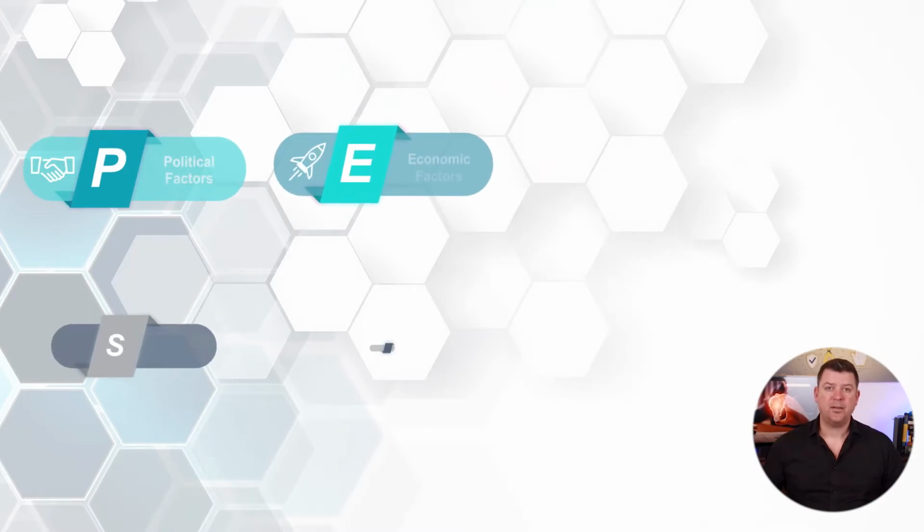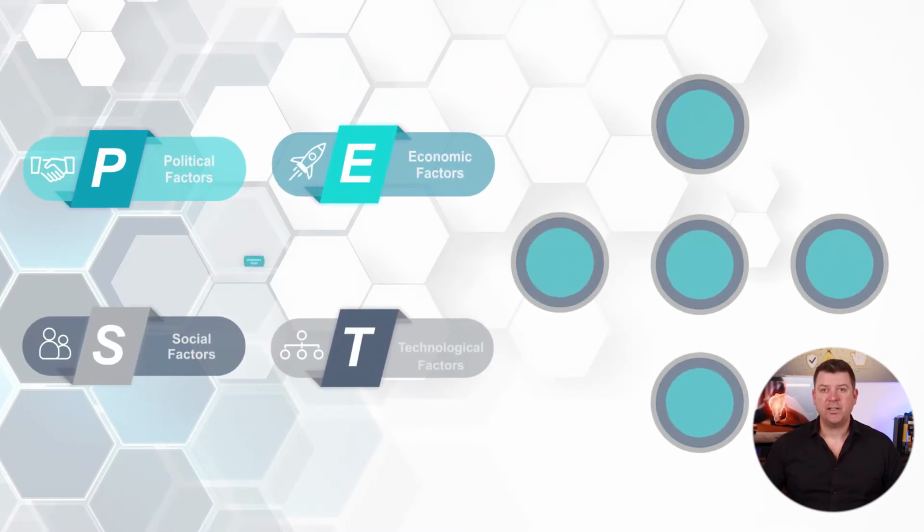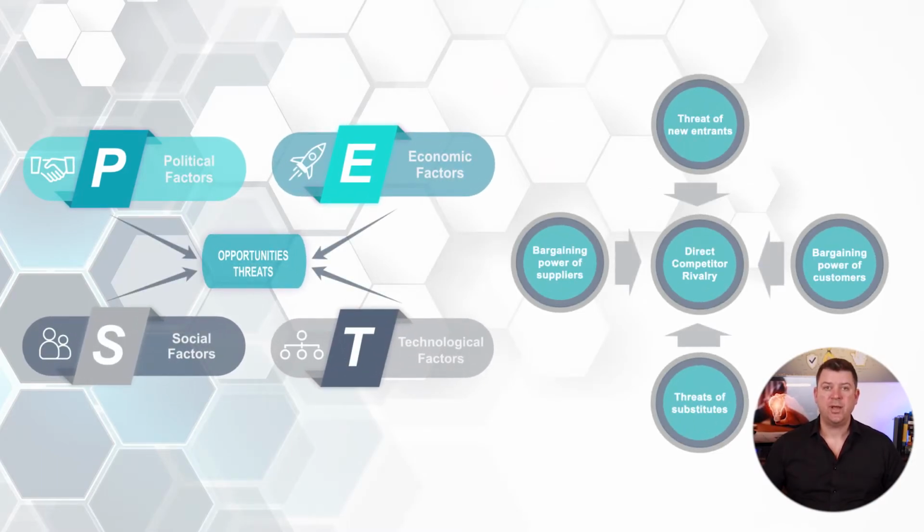Normally PEST is used in conjunction with other tools like SWOT analysis and Porter's 5 Forces. So in the diagram here you will see a visual representation of the relationship between these tools. To start, gather your macro analysis using PEST and take each trend identified through a SWOT analysis to identify opportunities and threats. Use Porter's 5 Forces on your SWOT outputs to gather a better idea as to which factors matter